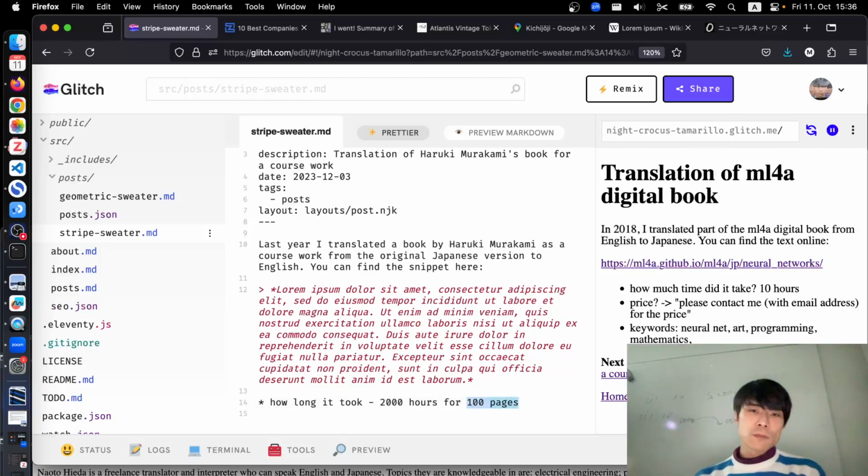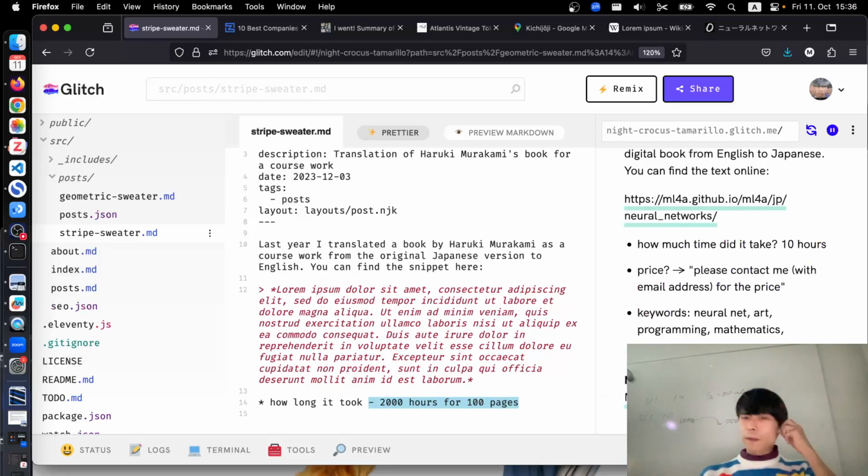You can be very specific with this, so the client can get an expectation: if they bring 20 pages, it will probably take 400 hours or something. That sounds like a lot of hours, but